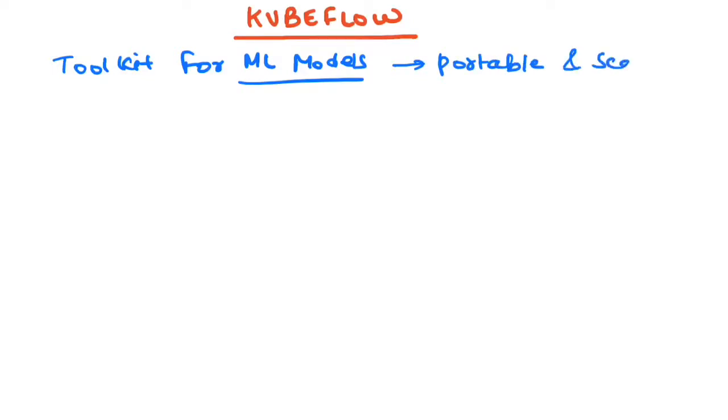What I mean by portable and scalable is, let's say you're able to run a machine learning model on your local machine, the same model should run on any environment. It could be a cloud environment or a big data environment. Whenever it has to be served, there should not be any changes you need to make when it comes to deployment, because most of the time today the question is how you want to operationalize your model. So it helps to ease out all that effort. The same model should run on any environment.